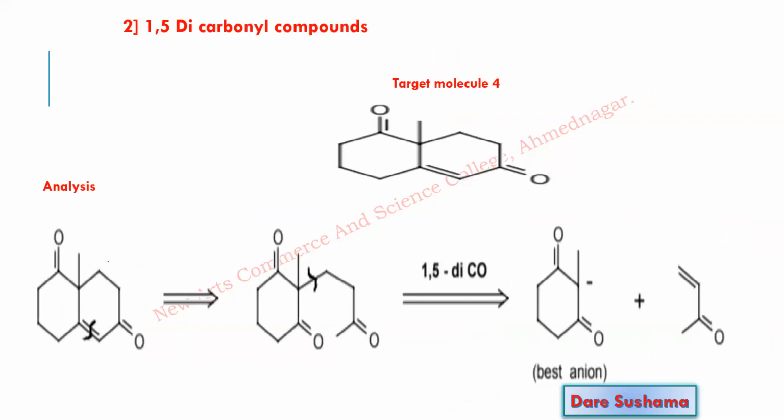Now next target molecule. In this target molecule, look, so many different functional groups are there. So here there is a carbonyl group, again a carbonyl group, double bond. The relation you can find is an alpha beta unsaturated carbonyl compound. Now one more relation you can find, it is 1, 2, 3, 4 and 5. So these are the two relations. Either you can go with the alpha beta unsaturated carbonyl compound, or you can go with the 1,5. Whenever these two situations are there, always give the preference to 1,5.